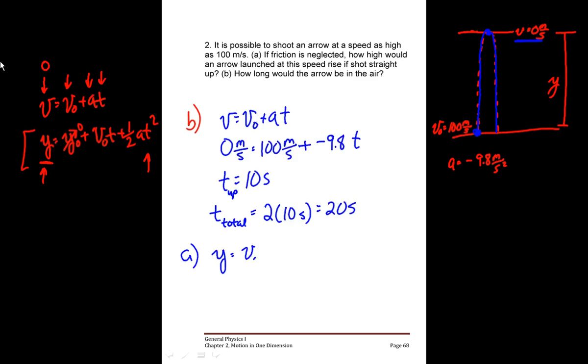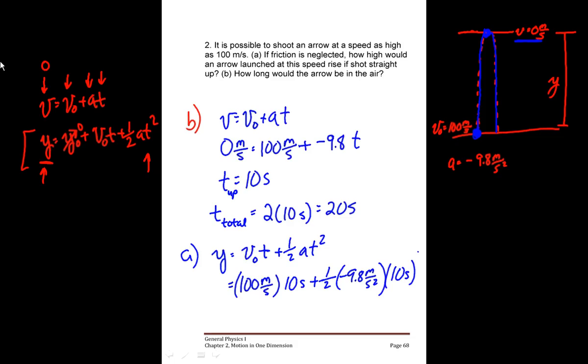Y is equal to v naught t plus 1/2 at squared. I can put in my values here. V naught is 100. t, that's the time to get from here to the top, is just 10 seconds, plus 1/2 of minus 9.8 times 10 seconds squared. I can look at my units here. Seconds cancel with seconds, seconds squared cancel with seconds squared, and I'm left with meters throughout. That's 1,000